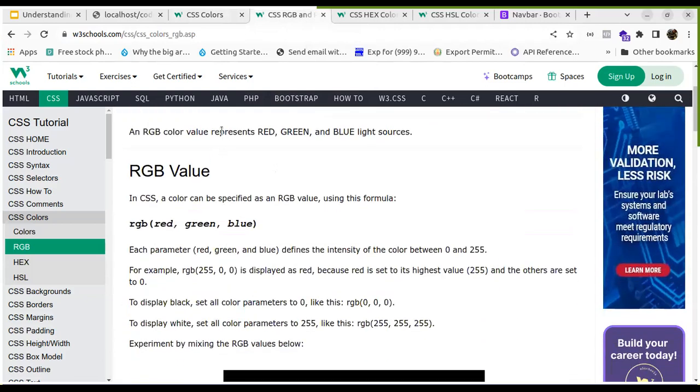So RGB stands for red, green, blue. Within this RGB function, we need to pass a value. The value range will start from 0 to 255. When it comes to 255, that particular color will be picked. I mean, we need to pass the value like this: RGB(255, 0, 0), which means this is the red